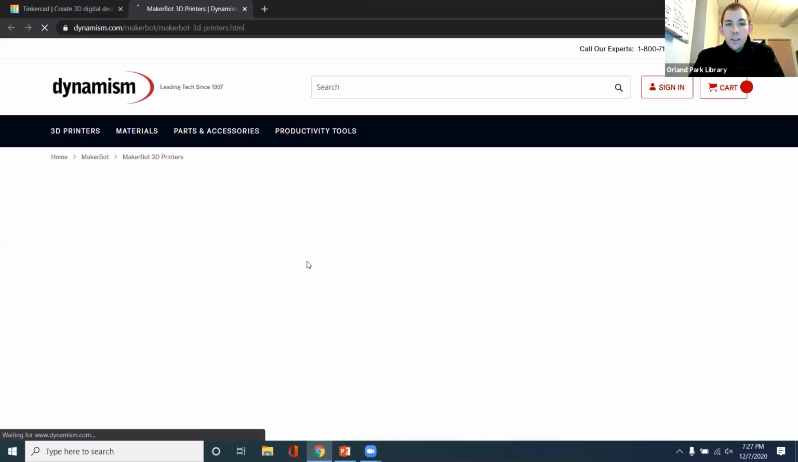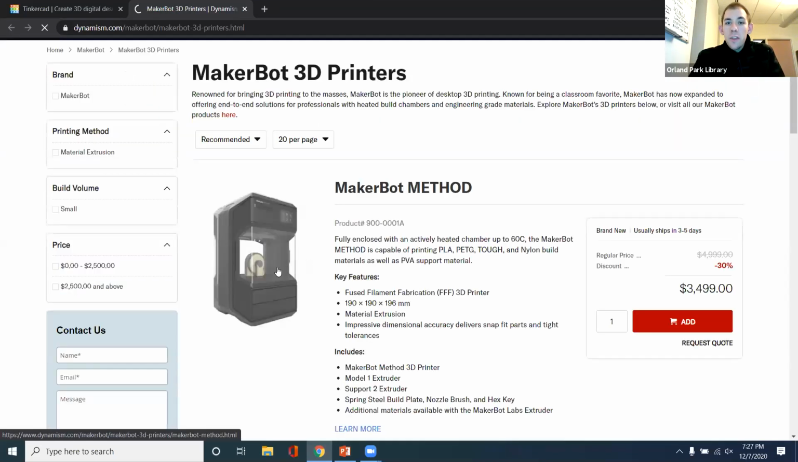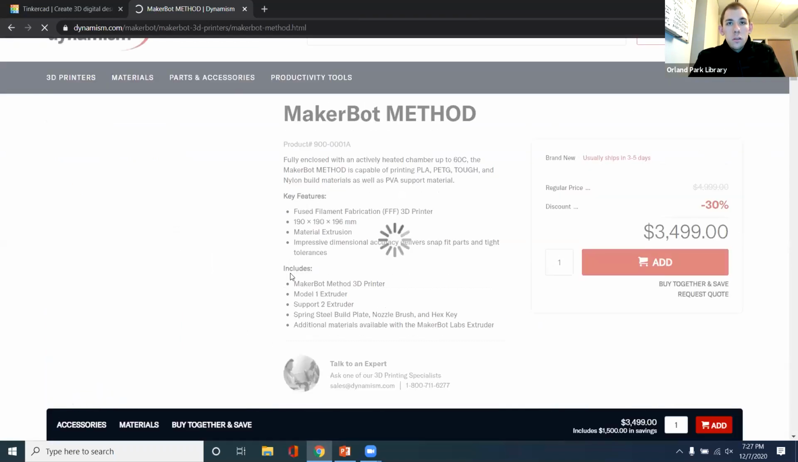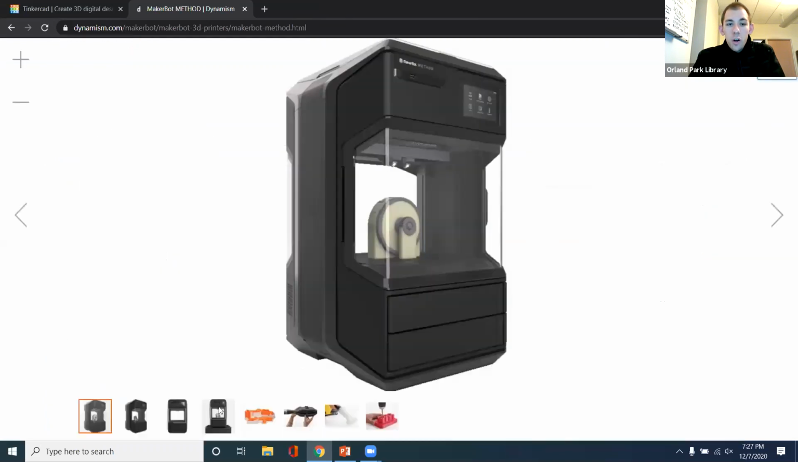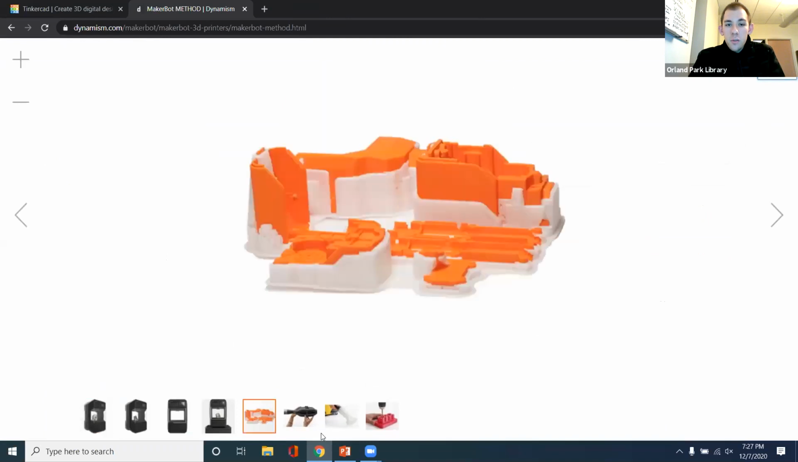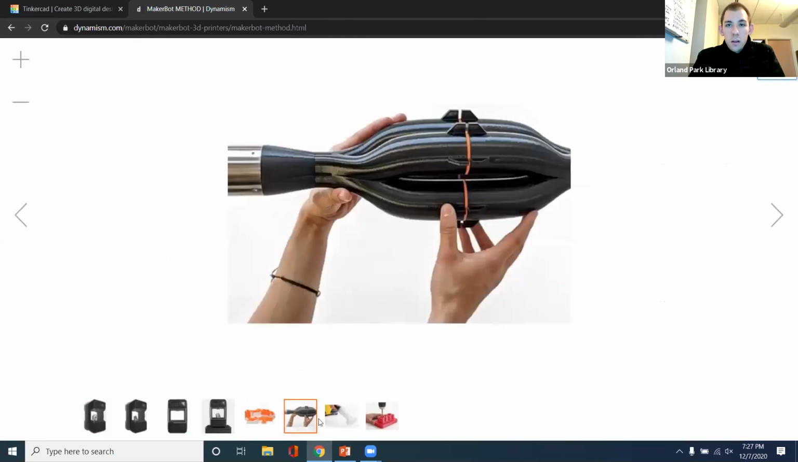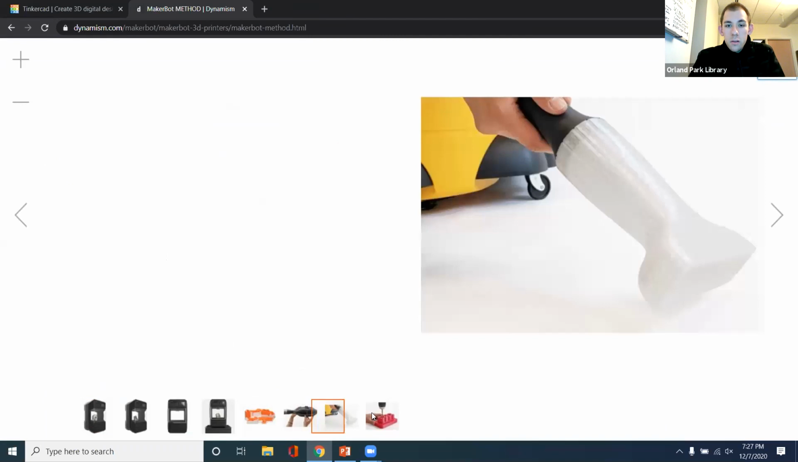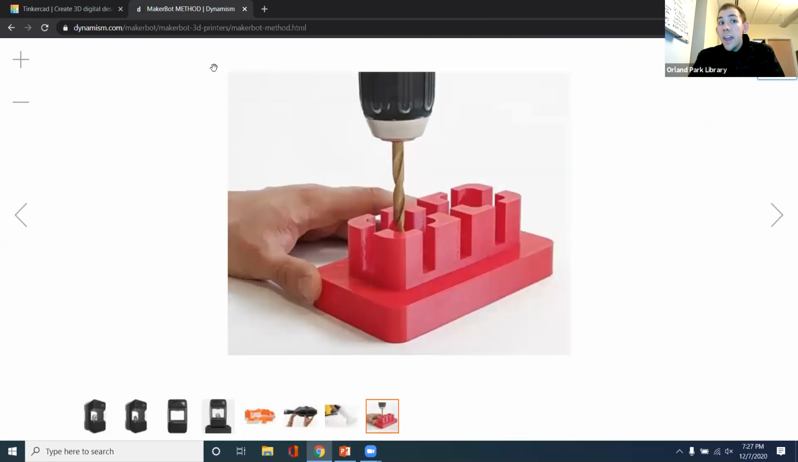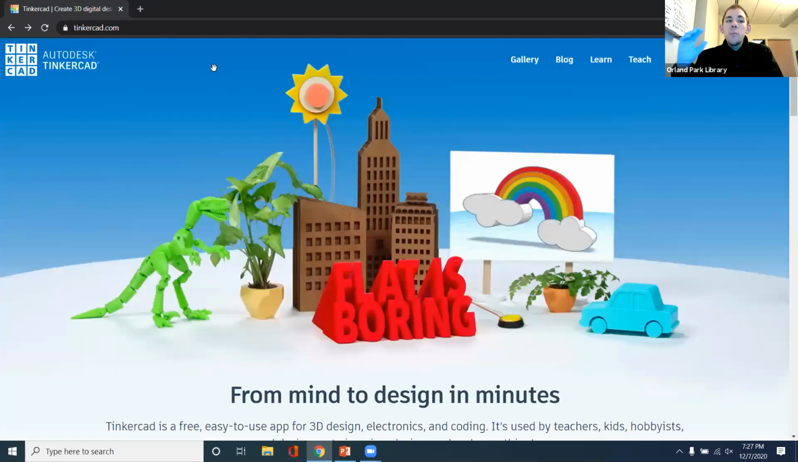where it's more like the taller objects, which is called the Makerbot Method. I'll bring this up right here. Let this load up. So then you can make a bit of a taller object, as you can see right here. With our Makerbot Method, if you get one for yourself, you can make bigger objects